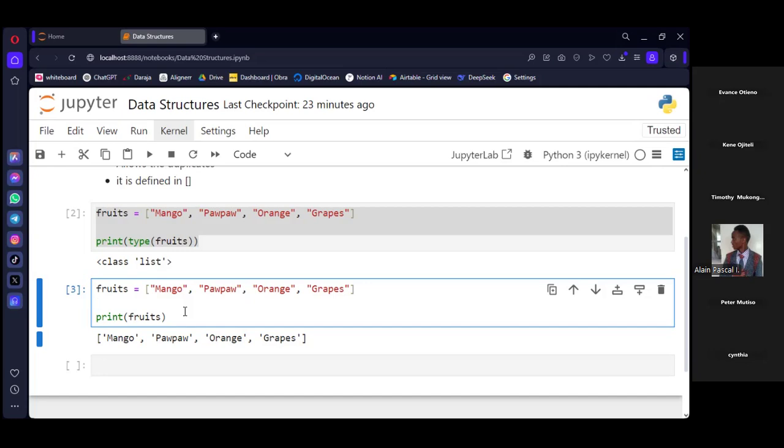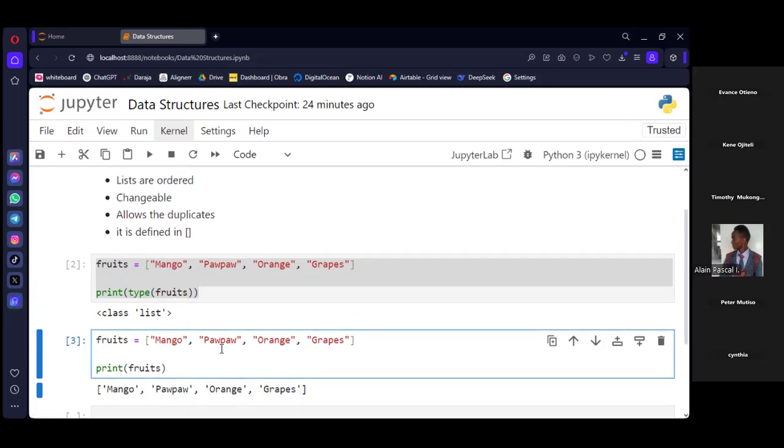You say number 3, and that person will identify themselves. So if something is ordered, you can access elements based on their position or index. Indexing in Python begins from 0, so it counts 0, 1, 2, 3 onwards.